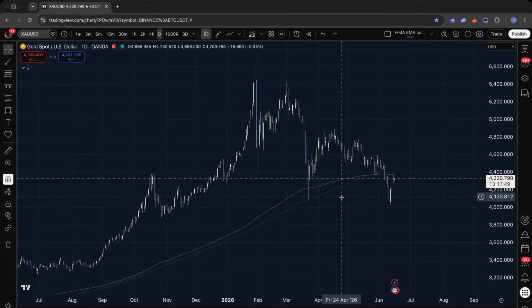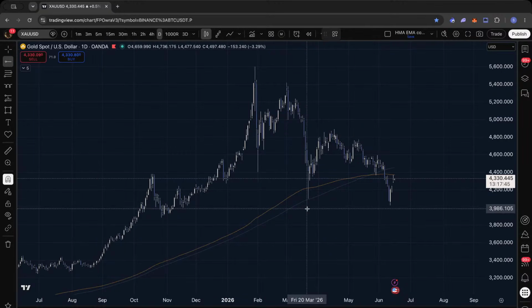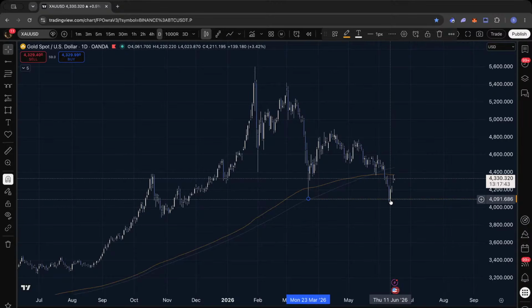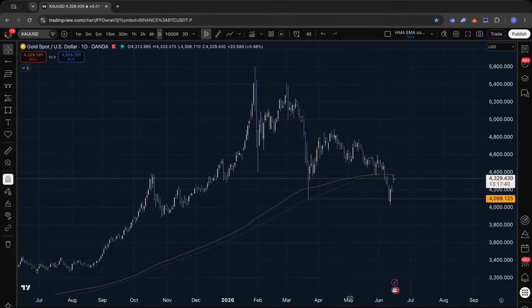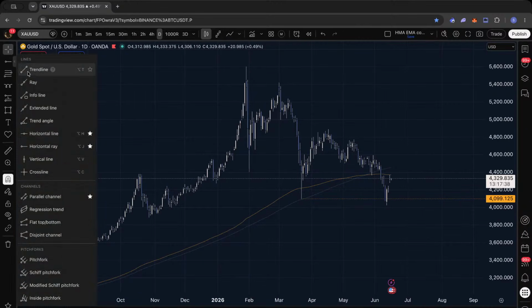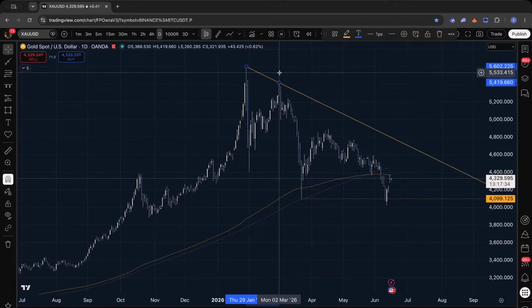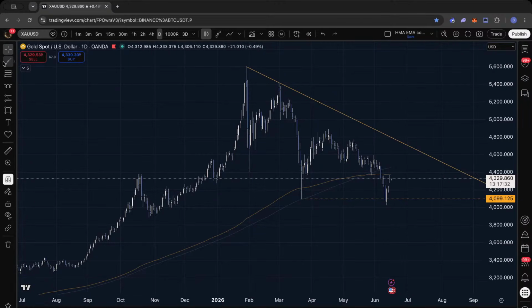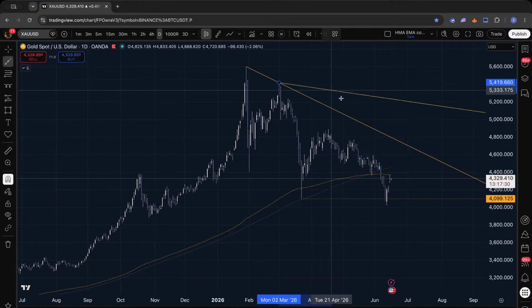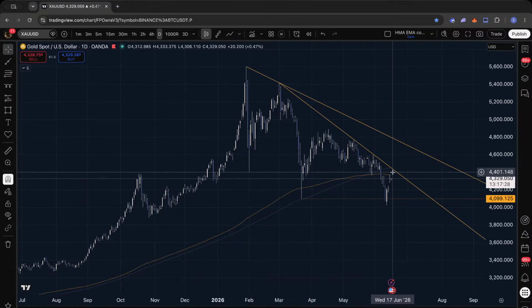Gold, we had a nice swing failure here. I was mentioning it. Also, PJ was mentioning it here, but it's already played out. And for example, the profits can be taken here around this area because, as we can see, the price is just making lower highs. So there is a probability that we'll reject again and just go lower.